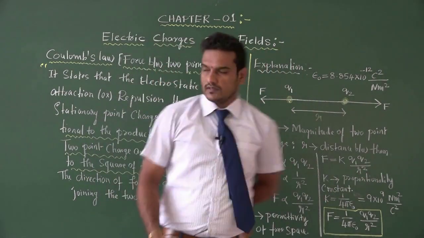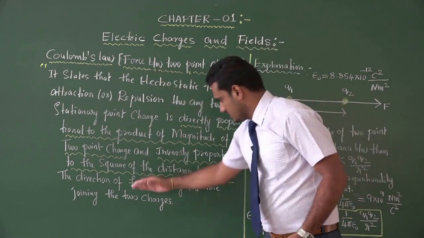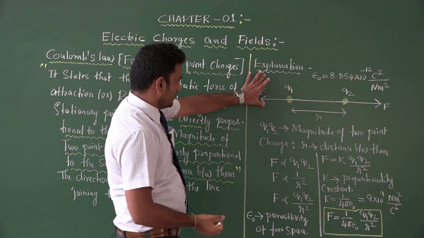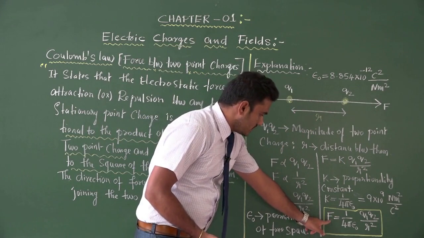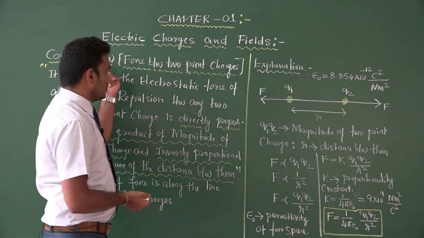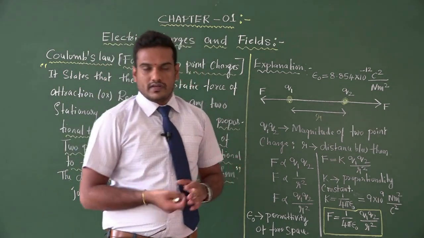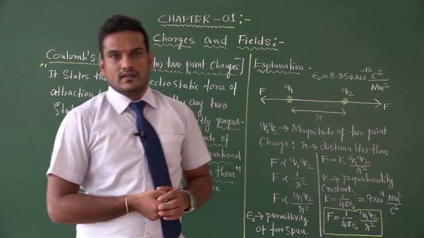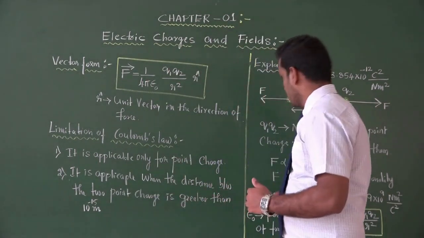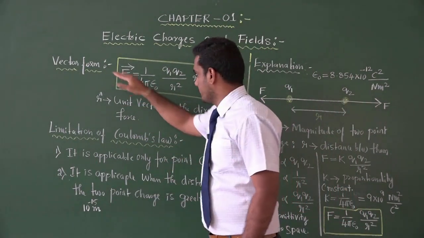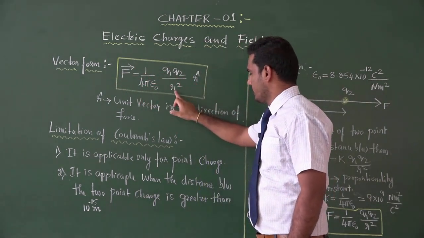So look at the board. Coulomb's law analyzes the force between 2 point charges. This is the statement, and look at the explanation, and you need to write the diagram as it is, and up to here you need to write. This is the magnitude of the force given by Coulomb's law between any 2 point charges. Since force is a vector quantity, we need to write Coulomb's law in vector form. Look at Coulomb's law in vector form. By keeping this equation in mind, we have written the vector form. F vector is equal to 1 over 4 pi epsilon naught Q1 Q2 divided by r square.